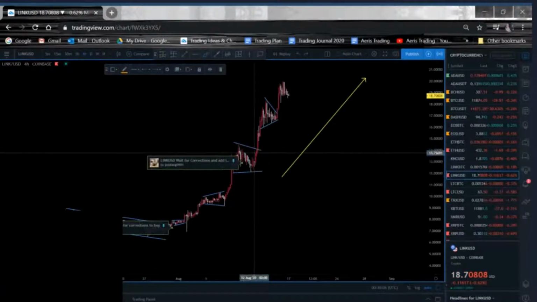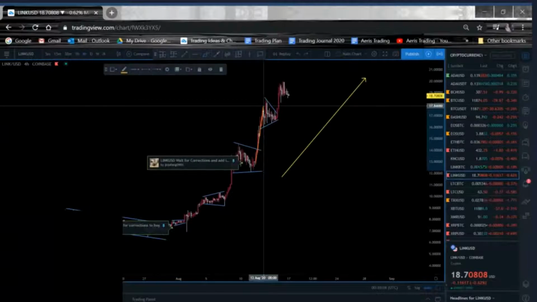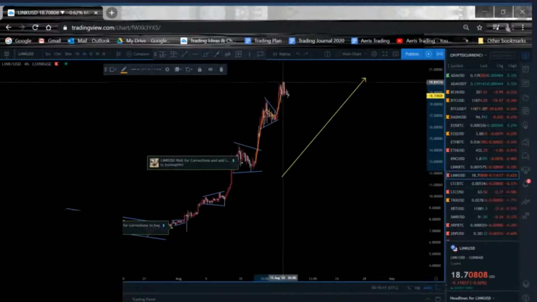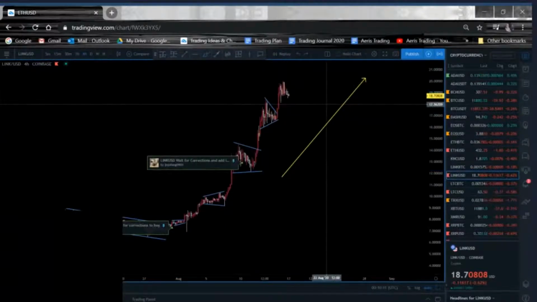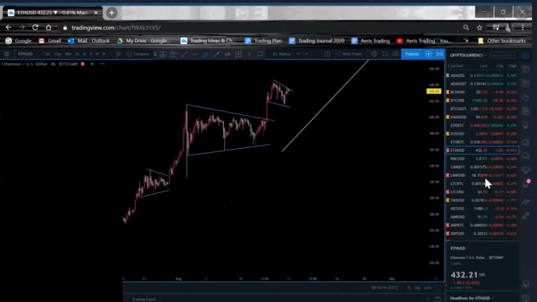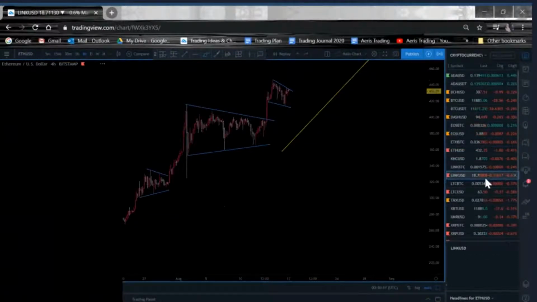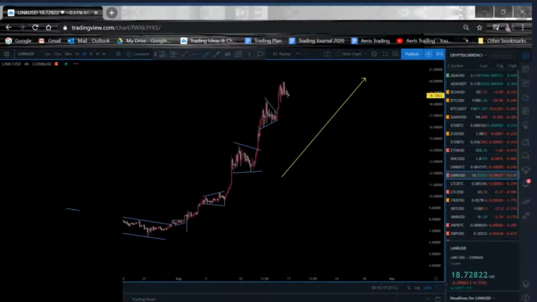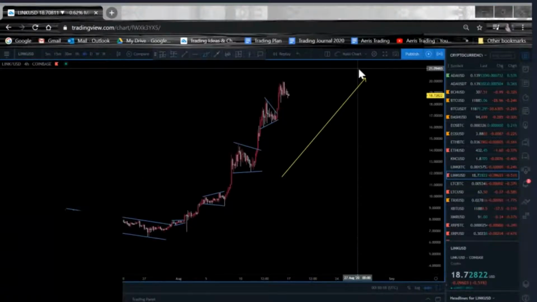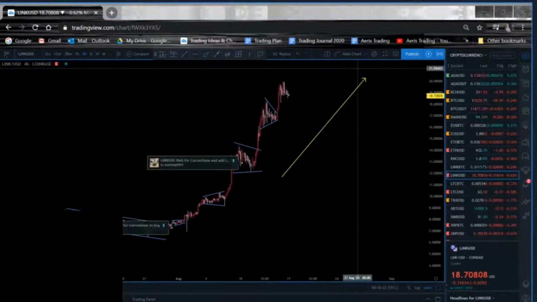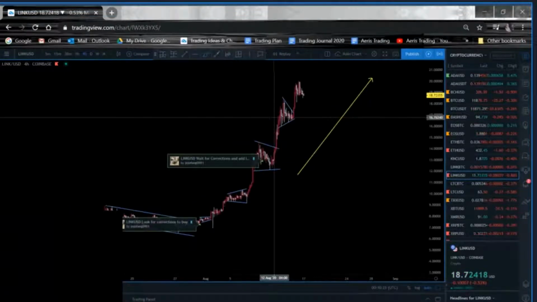We see the price push up, and then we see another kind of pennant structure. We're seeing the price push up again. So expect this to continue to go up. I don't see any reversal. I don't see any bearish kind of price action. Overall, I'm just seeing a continuation for the price. So if we zoom out on the dailies,